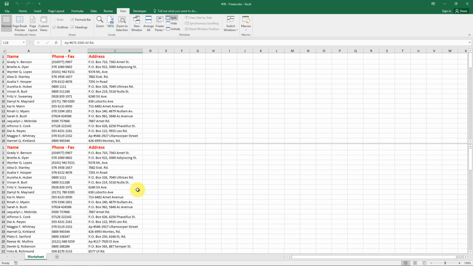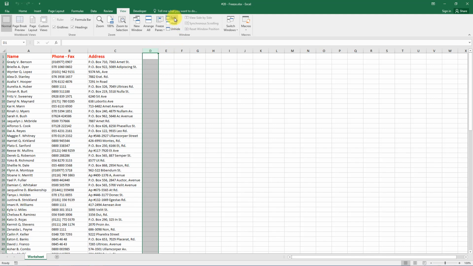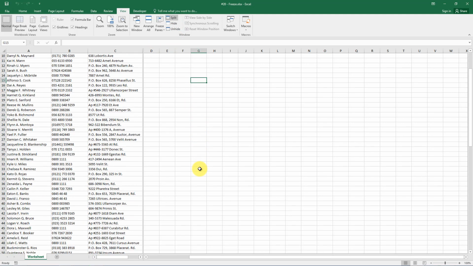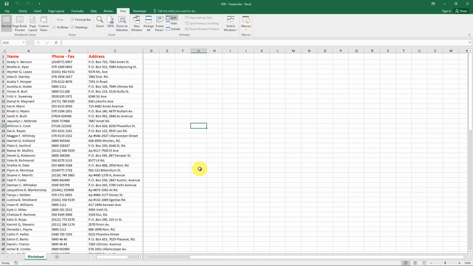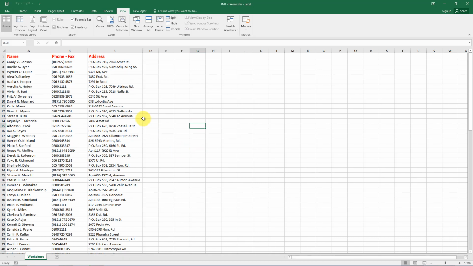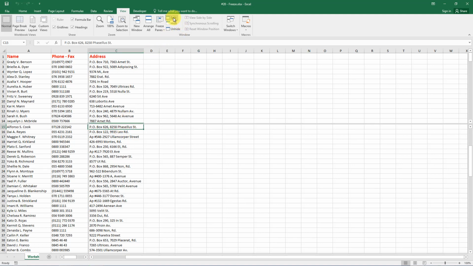This is useful when we want to compare data between them, for example values, dates, etc. Of course you can split the screen vertically, like this. A quick way to remove the split line is by double-clicking on it. Finally, there is a 4-way split, but I think it's unnecessary and confusing.